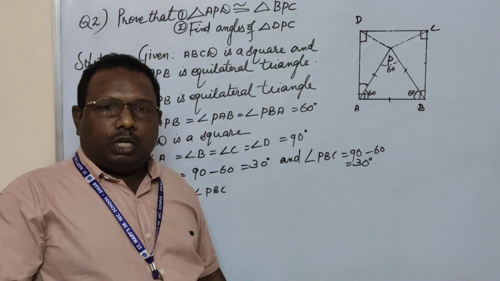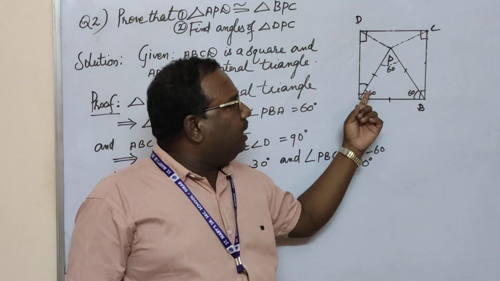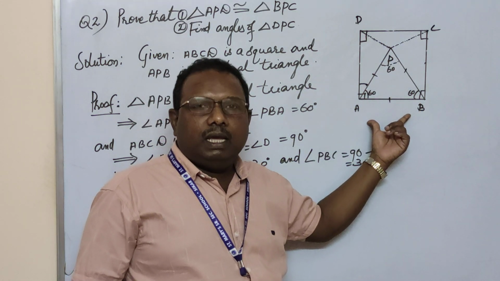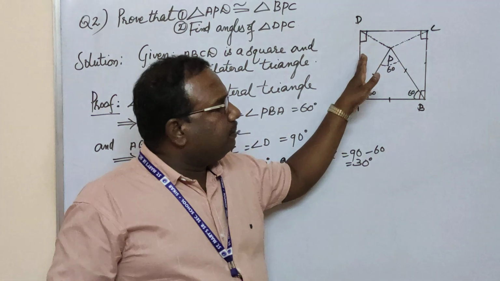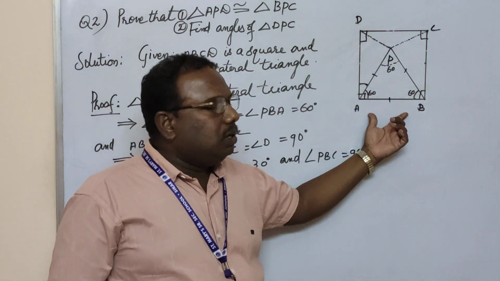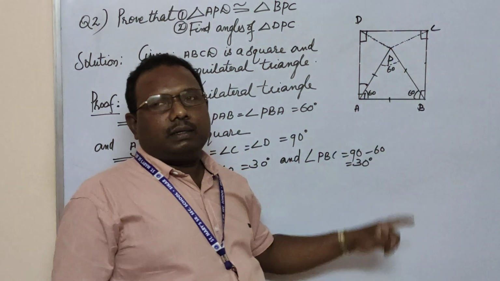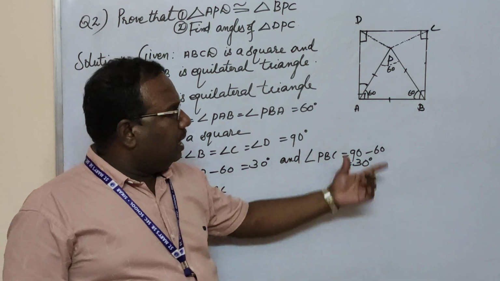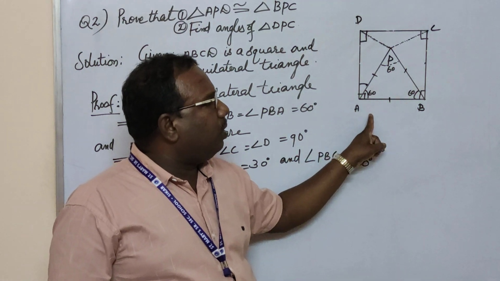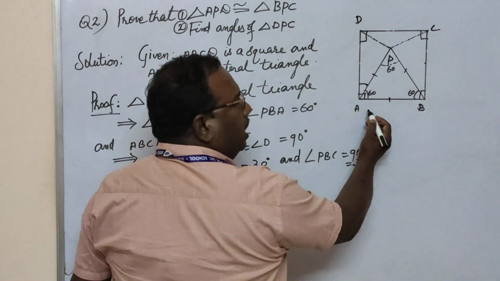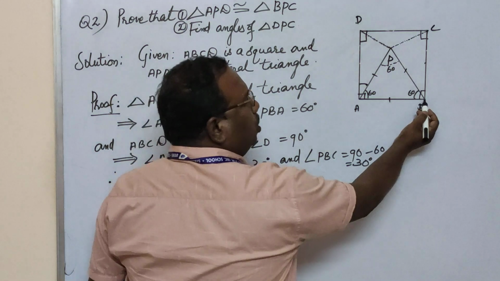PAB is an equilateral triangle, which implies AB equal to PA equal to PB. But what is AB? AB is one of the sides of square ABCD, and this AB is the side of both the equilateral triangle and the square, isn't it? Yes. AB is the side of equilateral triangle PAB and square ABCD, and you know AB is equal to AP, which is equal to